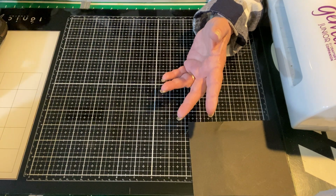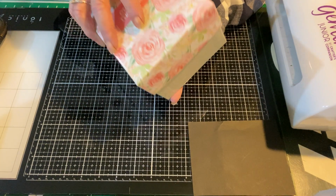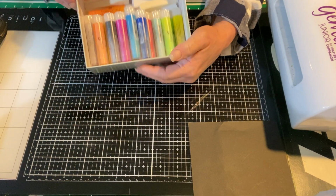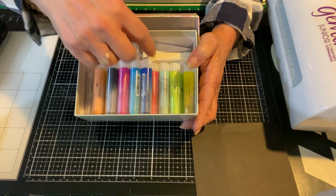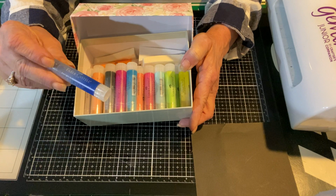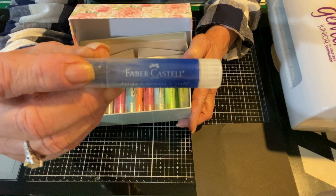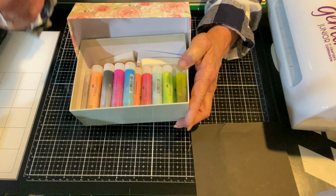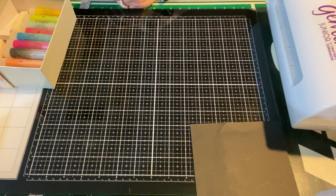useful. So first one is my gelatos, and I do have them, they're just in a random box. This is not the box they came in. So I just have a selection that I picked up in a few sets. If you're not familiar with the gelato, they are made by Faber-Castell. They are a water-soluble crayon. So if you're not familiar with a water-soluble crayon, what you do is you take